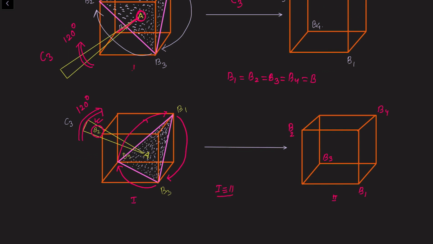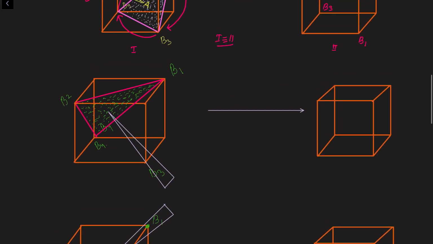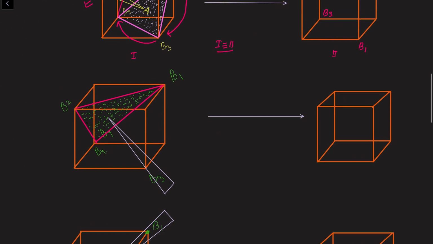This is the first structure, this is the second structure, right? So the first and second structures are equivalent to each other. So that's why this is the first C3 proper axis of rotation, this is our second C3 proper axis of rotation. Now check the rest of the two. Now check the presence of the third C3 axis of rotation, which is present in this tetrahedral molecule.